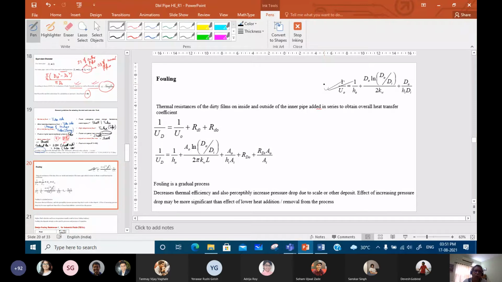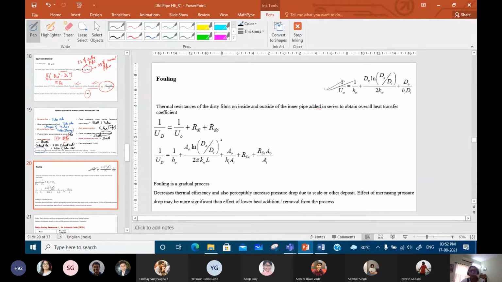The other thing is you take into account these additional resistances and design the heat exchanger, where in that case the heat transfer area required will be higher than that required for a clean heat exchanger. But it can happen that with this increased heat transfer area, your shutdowns, etc., come down much more, and you can operate the heat exchanger without cleaning, without shutdown, without these expenses for a longer time. So again, here there is some type of optimization which is required.